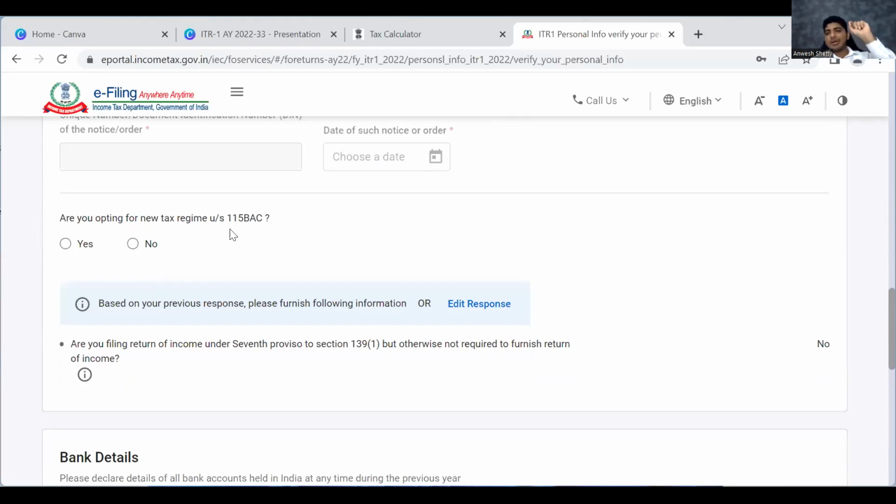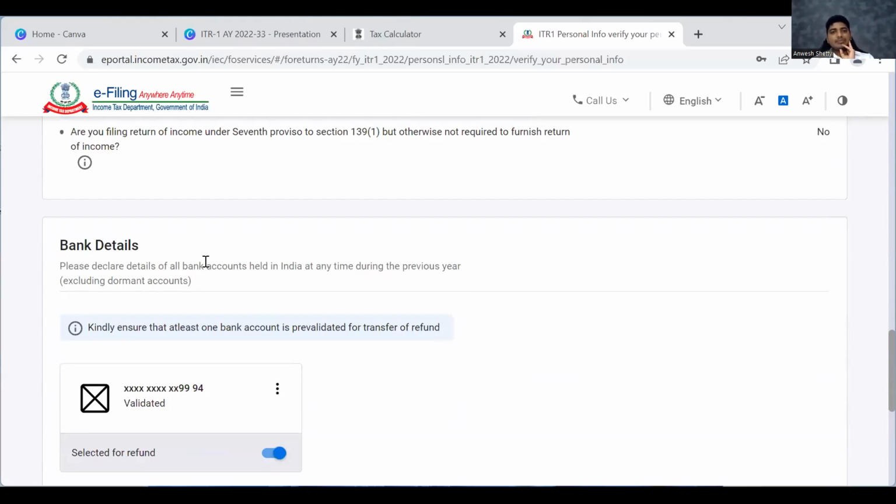Are you opting for the scheme under 115BAC? They're not talking new scheme, old scheme, that thing. They're saying new tax regime. I will say I will not opt, because I want to show where to put in all those HRA deductions and other things. So I will say I'm not opting for the scheme. And then